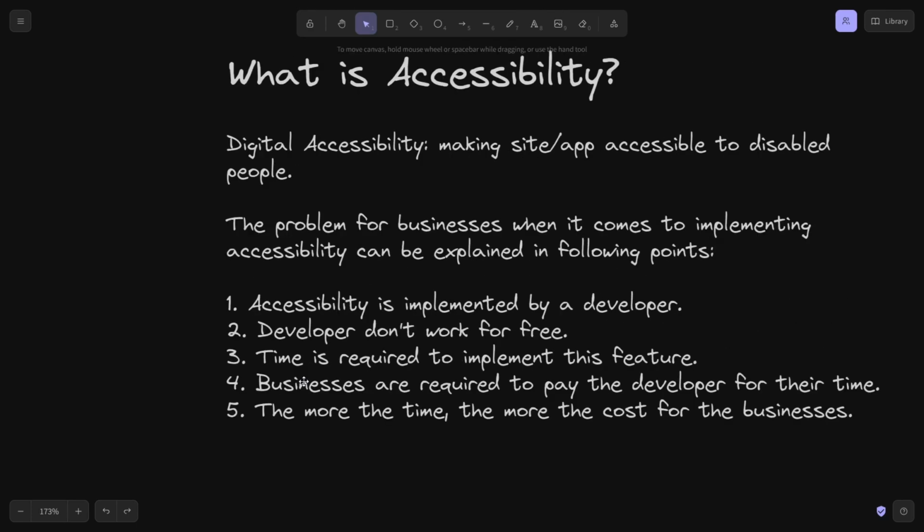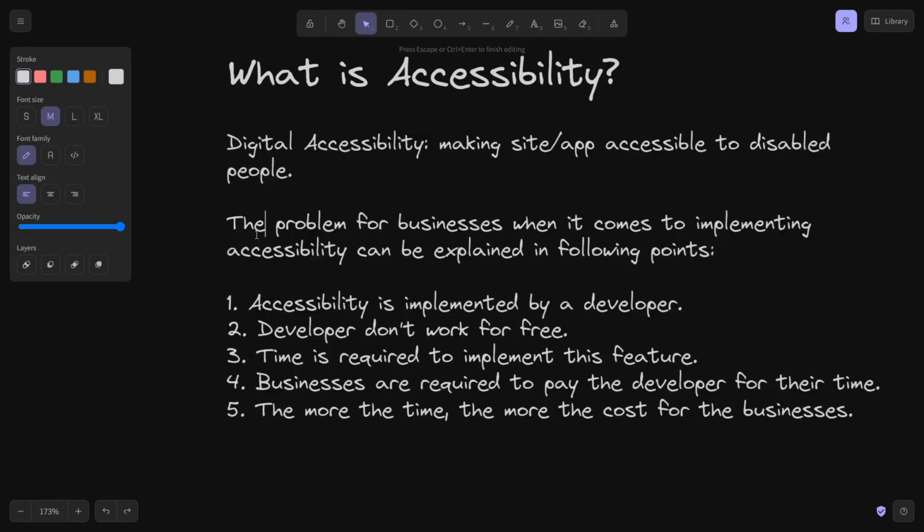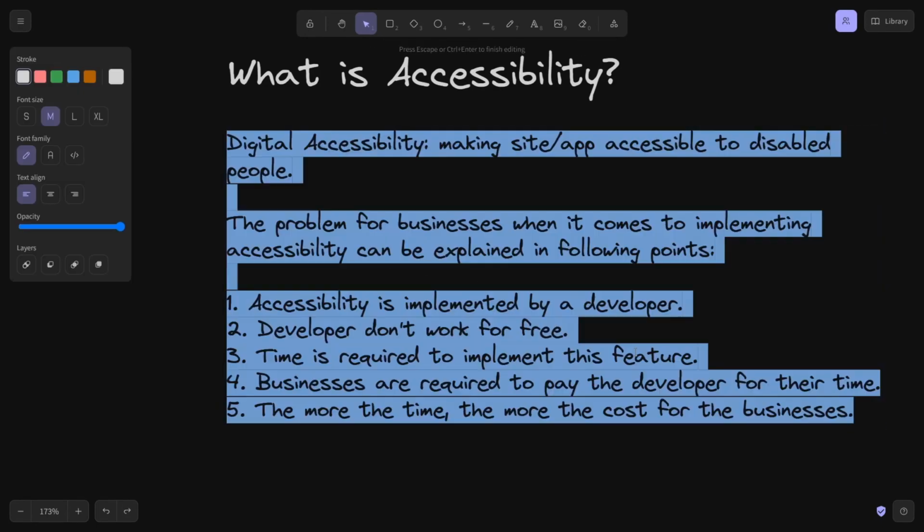So fundamentally, there is a problem here for any business to implement this accessibility part because it will cost them money. And for businesses, there is no reason for them to waste money if it is not getting anything of revenue or profit in return. They are not charity, they will not do it, right? So in a sense, the reason why I put this point of business in the very beginning is because